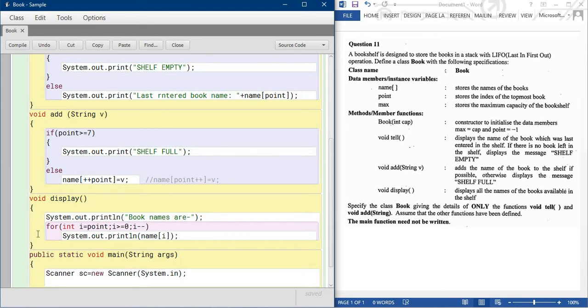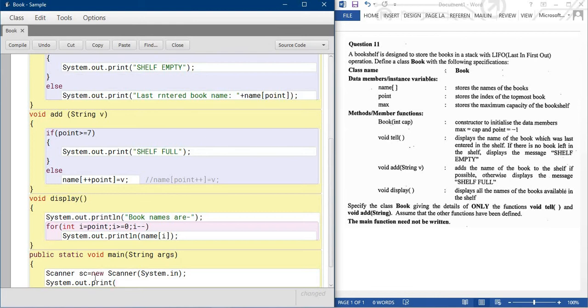So I'm writing a message: enter the array size.